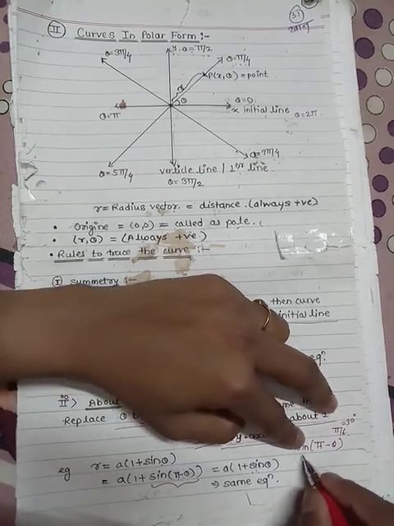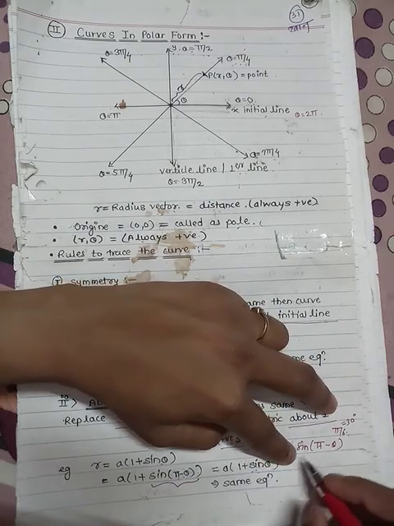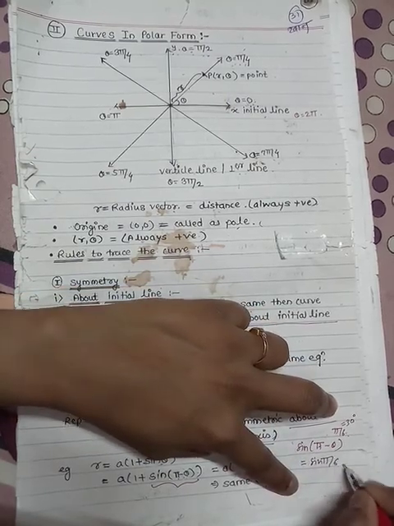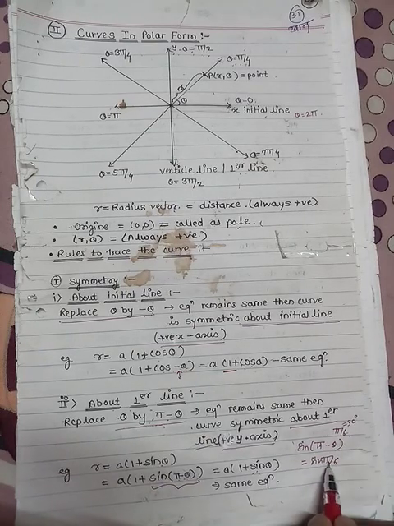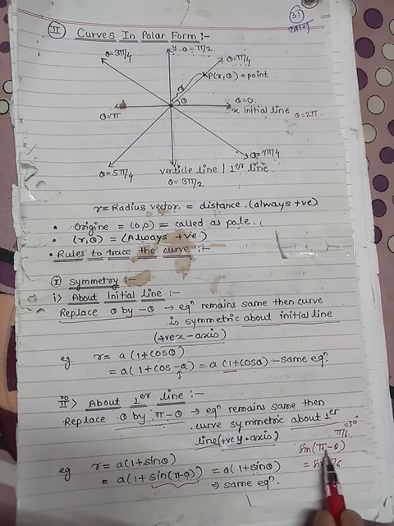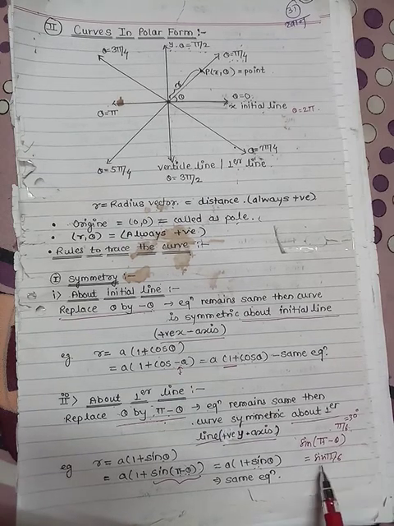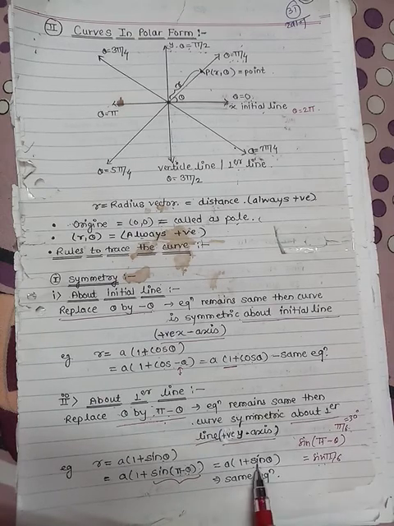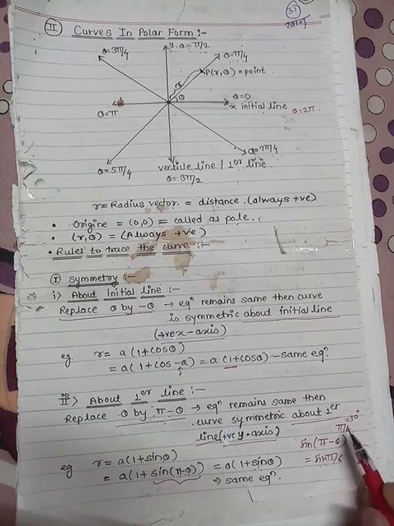And on the calci, sine of pi minus pi by 6. If the value of sine of pi minus pi by 6 comes equal to sine pi by 6, then we can say that sine of pi minus pi by 6 equals sine pi by 6. So in general we have the formula sine of pi minus theta equals sine theta. In this way you can remember the general formula by using the calci.